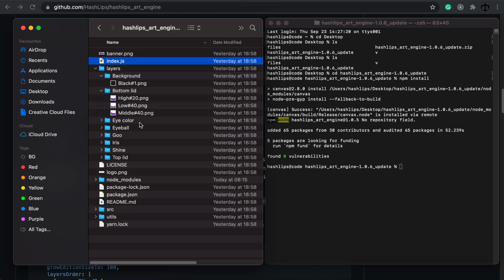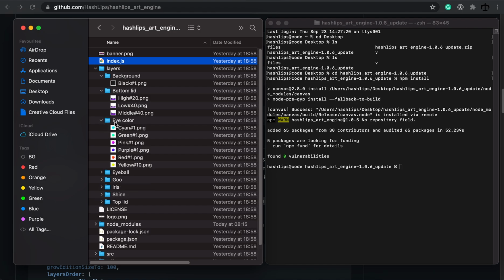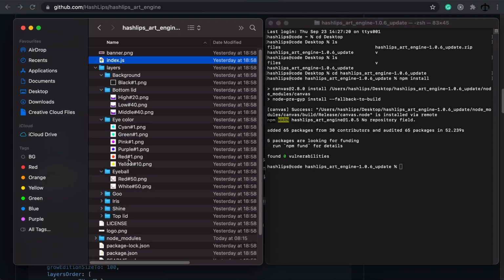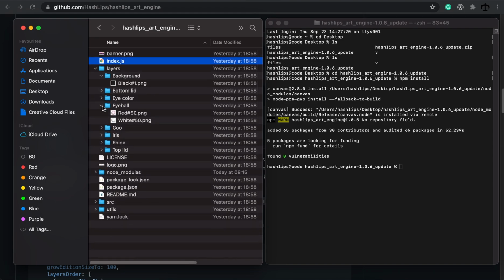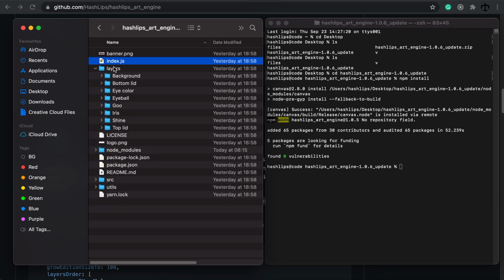As long as they're the same, each one will have an equal weight. But if you do want rarities, you make some of them a bit higher and a bit lower. The lower the number they have, the lower the weight, which means it's more rare. Alright, so once you have all your different layers inside this layers folder, you need to make sure, and this